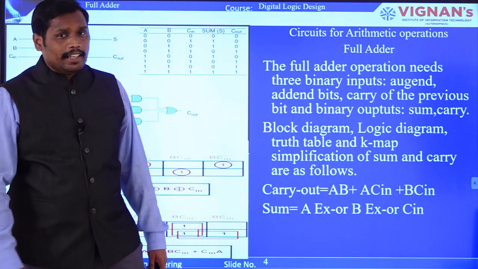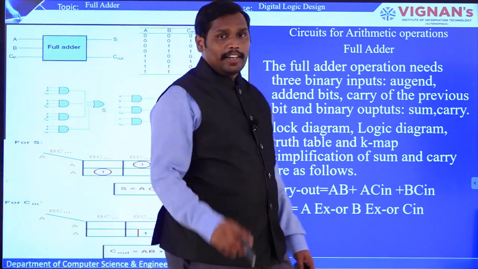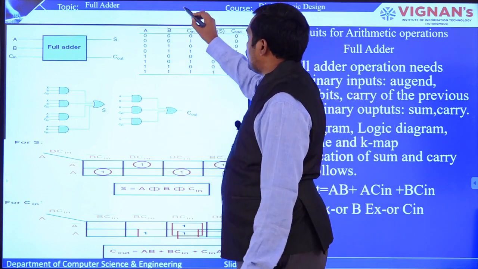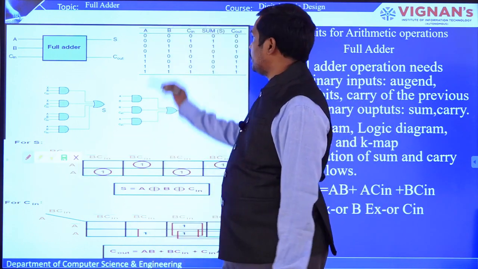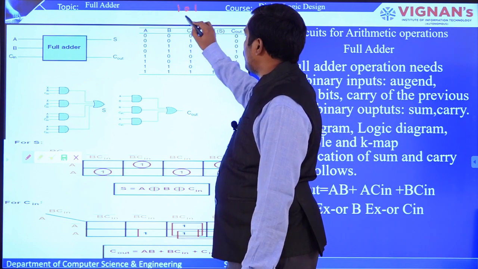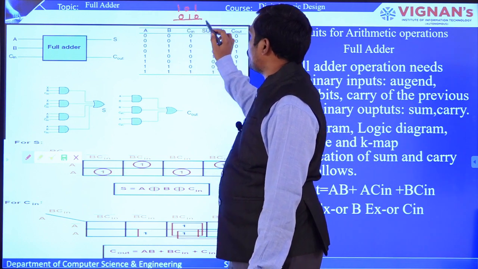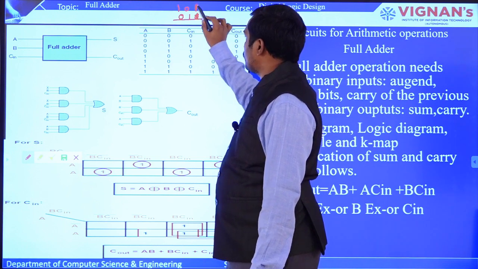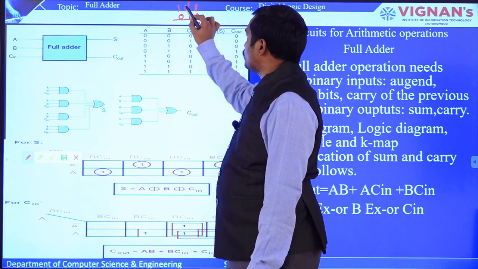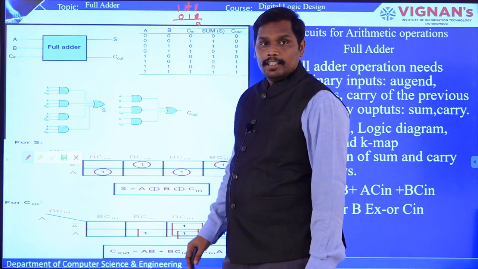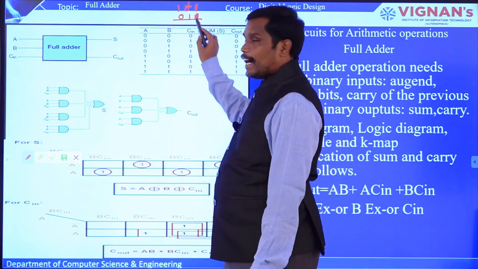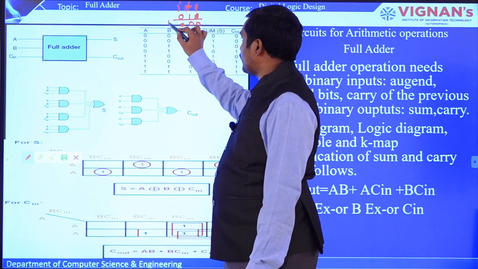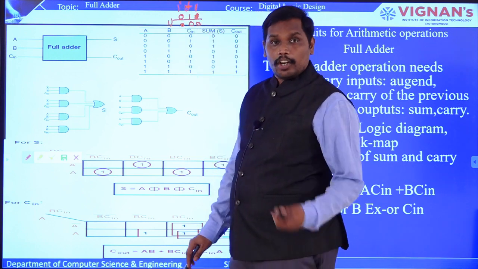Now for the full adder, we consider whenever you add 1 plus 1. For example, take binary 1 0 1 and 0 1 1. So 1 plus 1 is 0 followed by 1, so here you are getting a carry, right? That carry has to be added to the next value. So 1 plus 1 is 0, again carry 1. So 0 and again carry is 1, right? This is how the operation can be done.